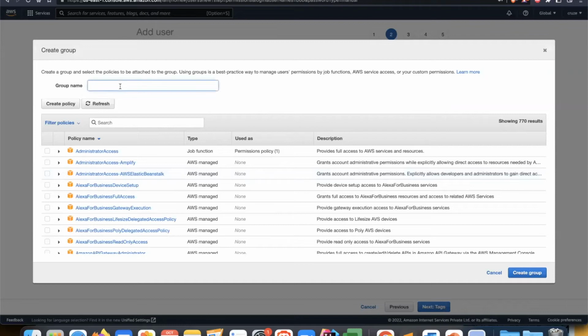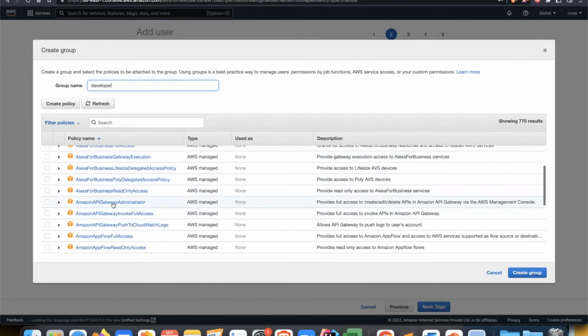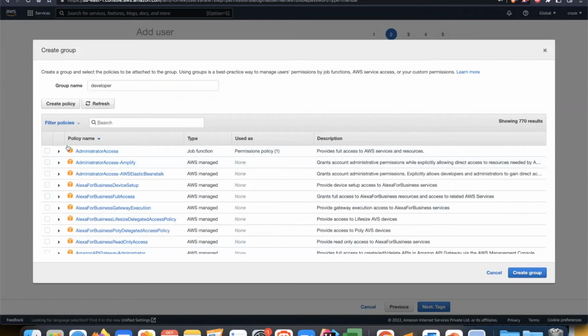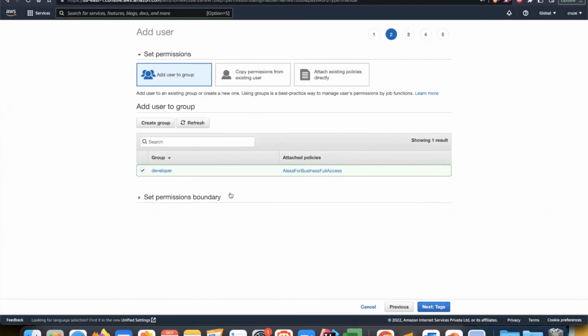What I will do, let's say, we call this group a developer group. So I'll call this developer group and we can assign any permission to this. Let's say I provide this permission for now. That is, grants full access for Alexa for Business and access to related AWS services. Create group. Okay, so now this particular user Bob is assigned to a developer group and developer group is having